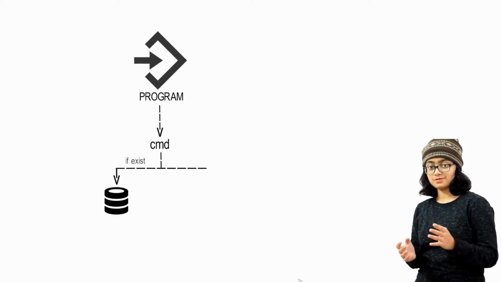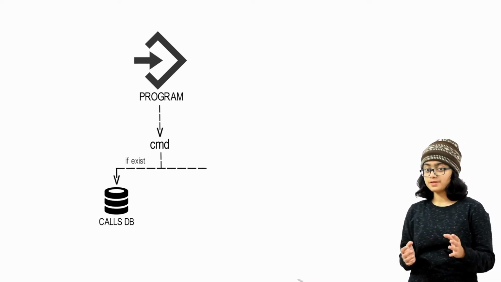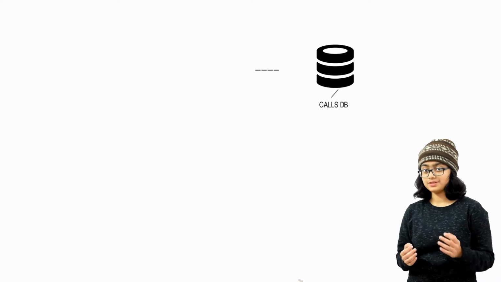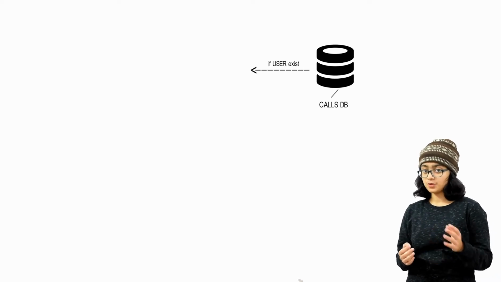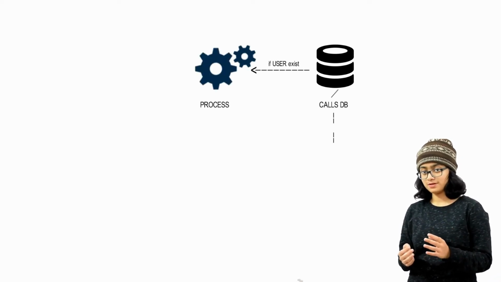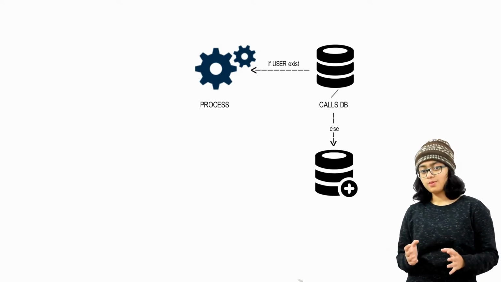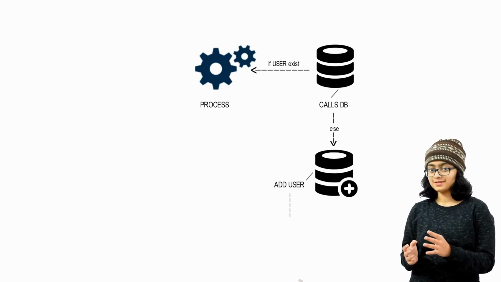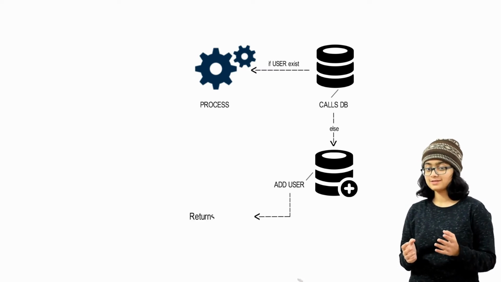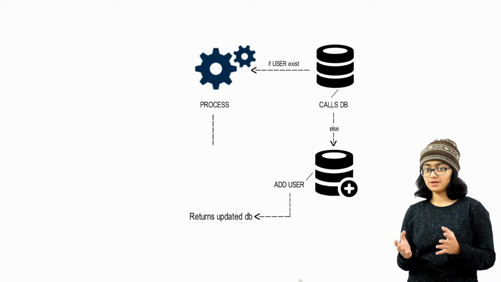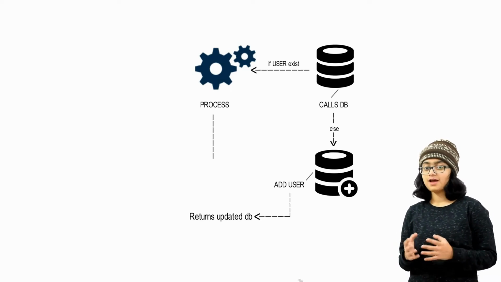Each event that is interpreted is further checked whether the command exists or not, and if the command is valid, then it calls the database to check whether the user exists. Otherwise, it adds the user first and updates the database. Then the requested event is processed by calling databases for retrieving or updating stored data. APIs are called if required.